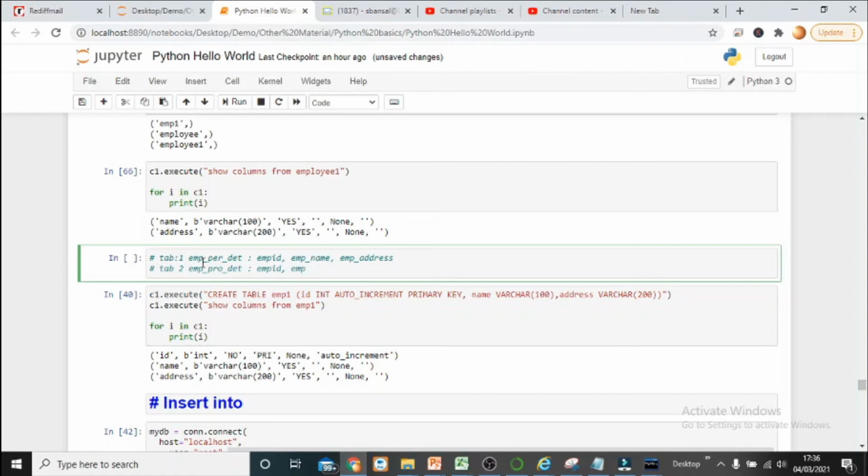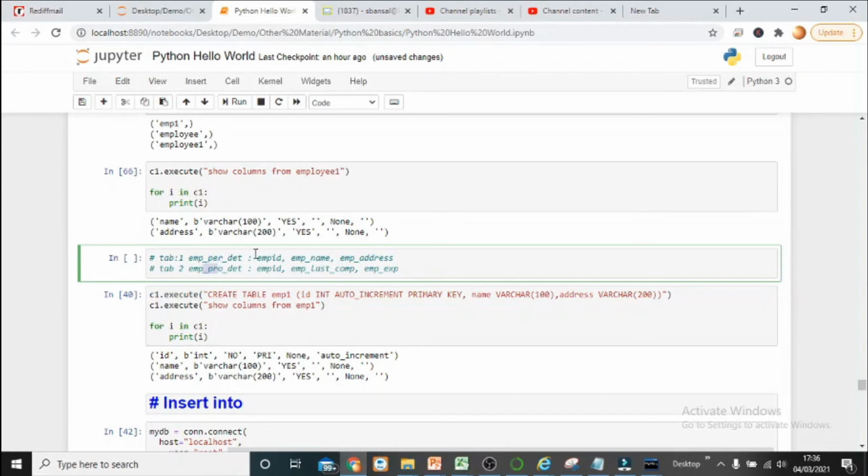So we can have employee last organization or last company, and employee experience. So now these are the two tables which have three columns. This is personal detail and this is professional detail.